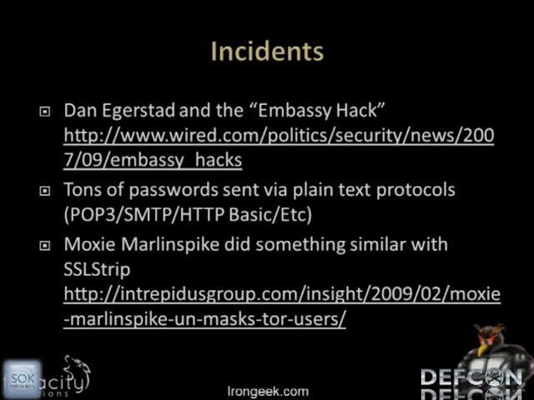Also, Moxie Marlinspike had a similar thing, and this is where my little note about SSL comes in. He set up his own exit point, and he put SSL strip on it. So even if someone was trying to use HTTPS and have it extra encrypted inside the Tor tunnel, he'd use SSL strip, knock that connection down to HTTP, and be able to look at it. And if the person surfing using Tor wasn't paying attention and didn't notice that the lock wasn't there or the URL didn't say HTTPS, then they might very well have been owned.